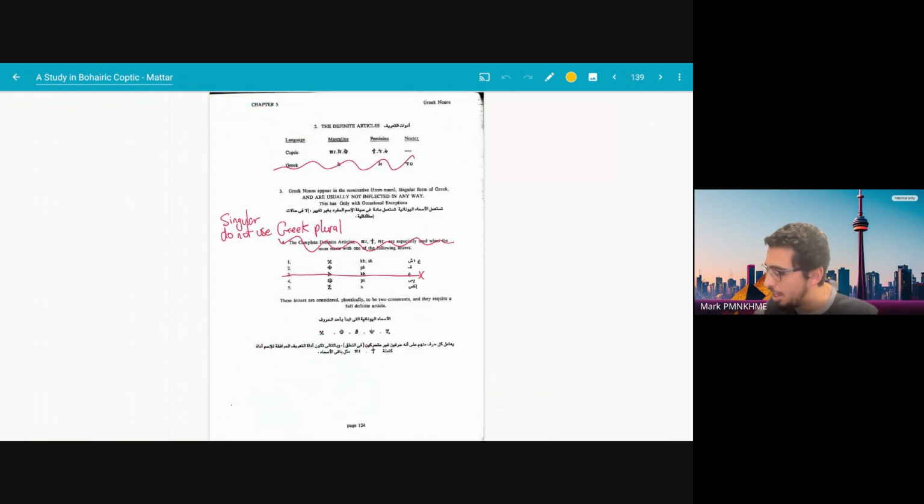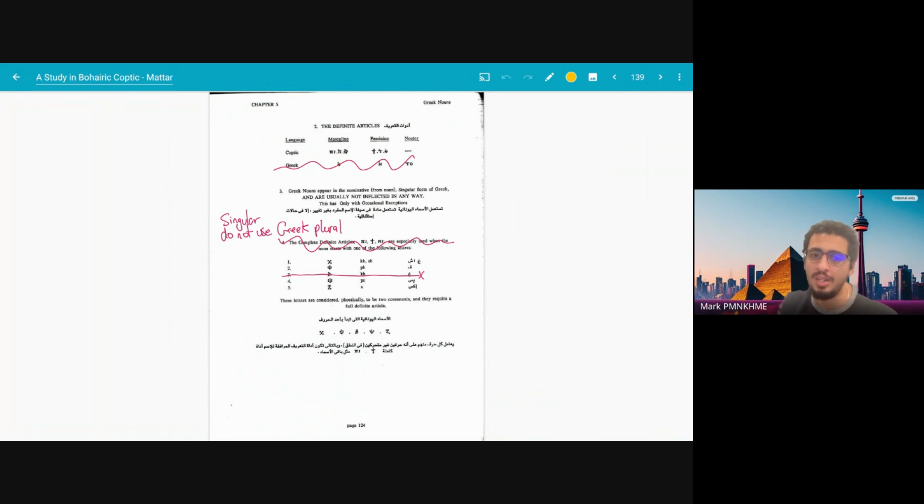Similarly, Coptic tends to use the singular form of Greek as is. Very rarely would it actually use the Greek plural to refer to plural. It would just put ni, and then, like you say, ni angelos. I'm not sure if angelos has a Greek plural, but you just use it as is. You put ni before it. Very rarely, it happens sometimes that you actually Copticize it and put a Coptic ending on the plural. So a word like epistoli is Greek for epistle, and sometimes you actually say ni epistoliwe. Not common, but it happens.